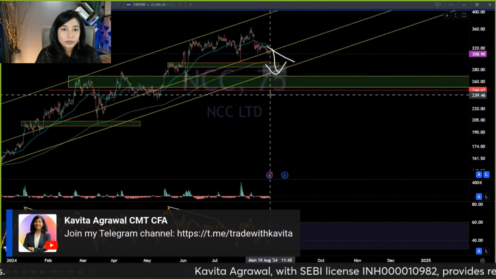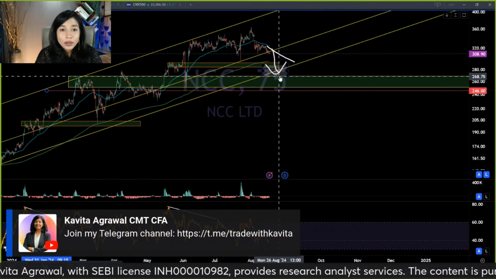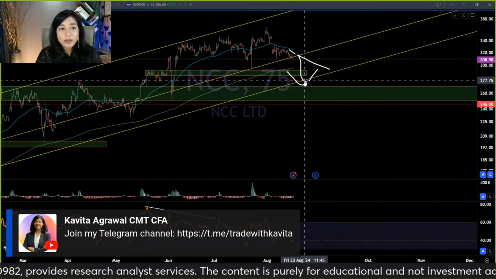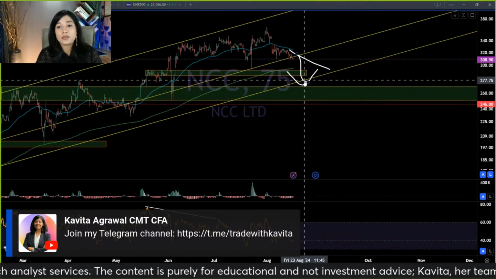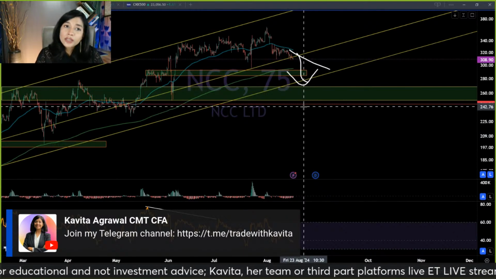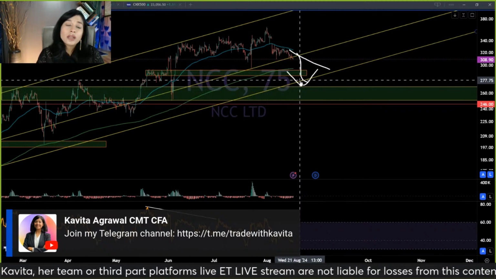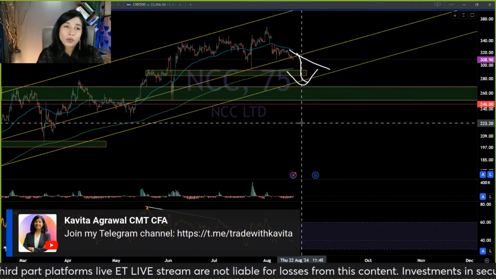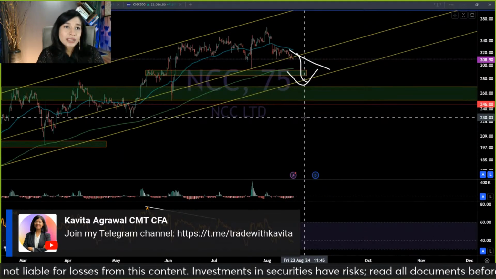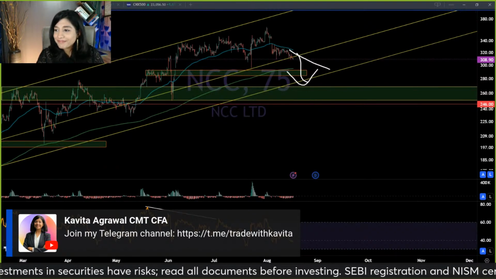Perfect. Then supports can be used for accumulation. Like the support zone can be used for further accumulation of the stock from a long-term perspective. Even for a long-term perspective, if a fresh entry is to be made, I would suggest buying around the level of 277. But for somebody who's already holding the stock, it's okay to hold on. If you have the possibility of averaging out, then 277 is where you'd ideally want to add more to your existing position. But make sure your allocation doesn't exceed like 5-6% in the stock. Okay, thank you. All right.